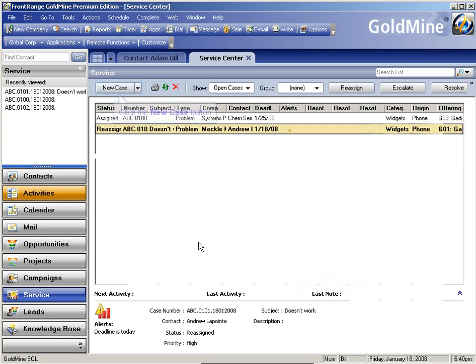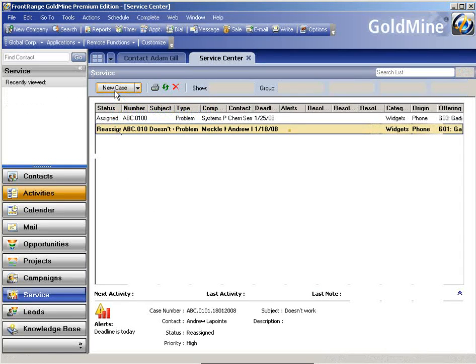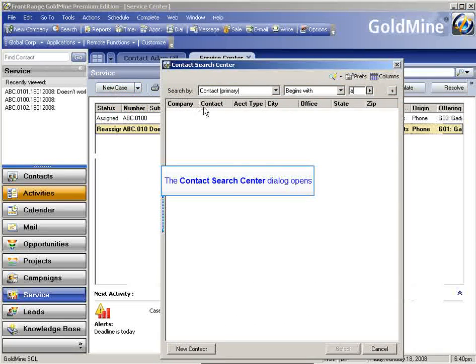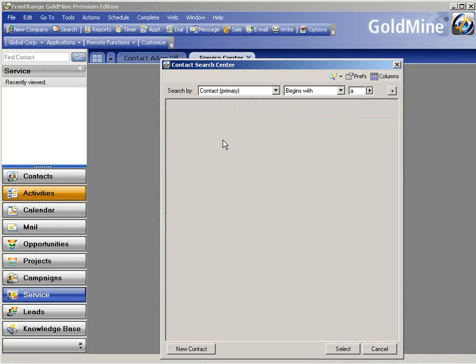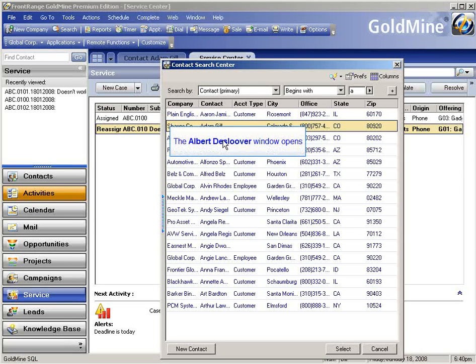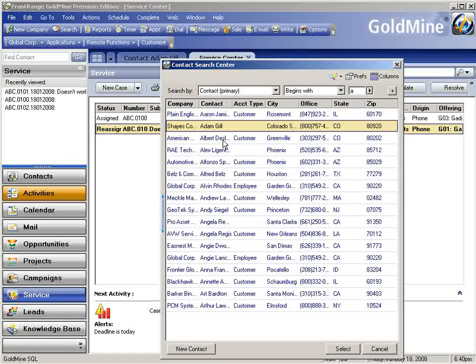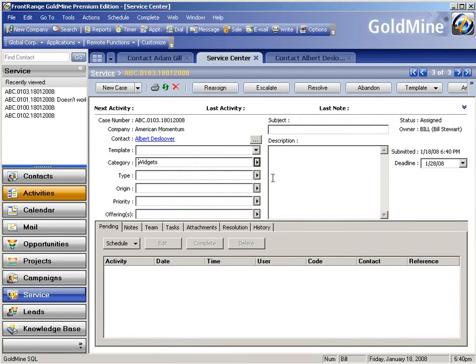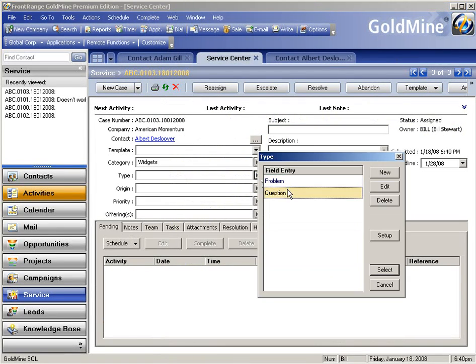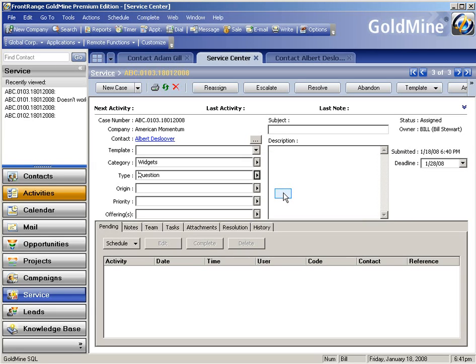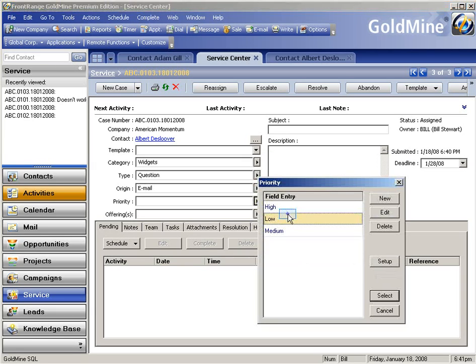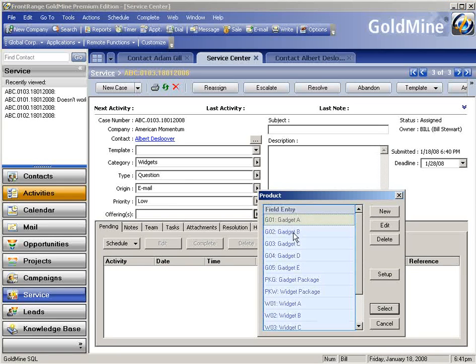To create a new case, I simply click the New Case button. GoldMine prompts me for a customer. I'll select them. And now we just go in here. I could select a template, and a template simply is going to pre-populate the category, type, origin, priority, etc., so that you don't have to do that for some of the more common cases. So I go in here and I choose my category, type,